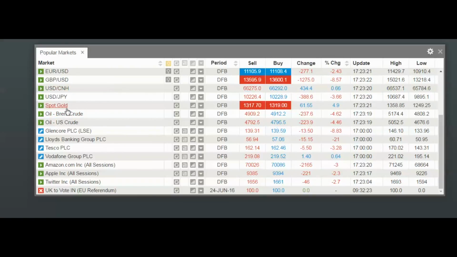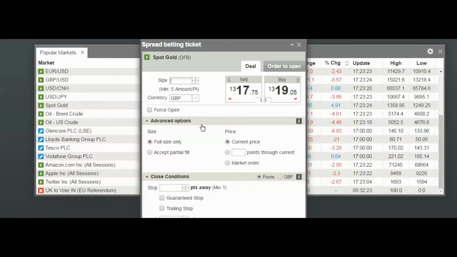If we looked at gold, it's a similar picture. We just open up the spread betting ticket on gold, and there's a spread there for gold. The difference between the buy and the sell price is what you're paying to your broker. But in this case, gold is a minimum of £5 per point, and the reason for that at the moment is literally because this number is low. So it's a low number, so you've got to be sure when you're deciding if you're going to buy